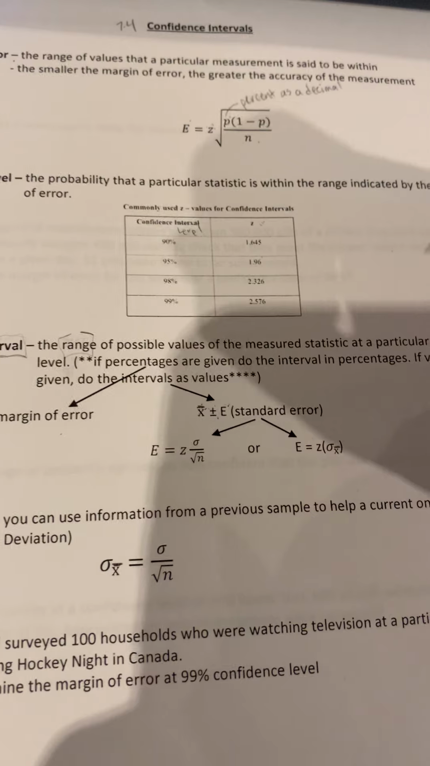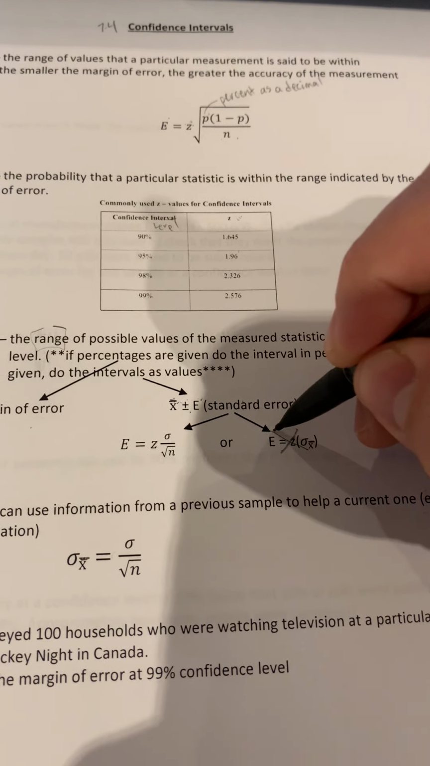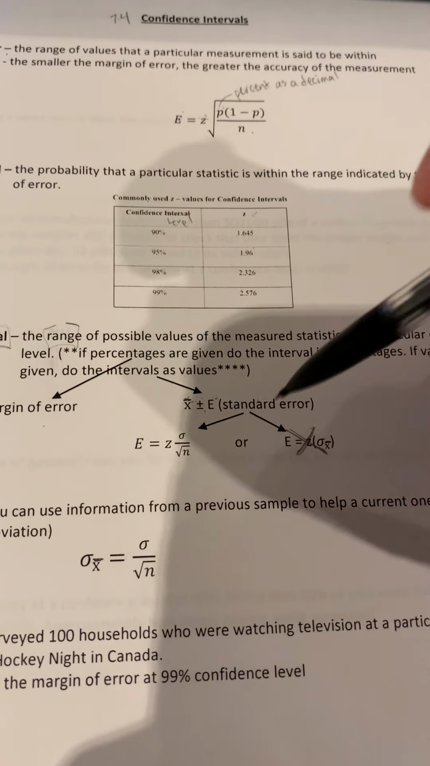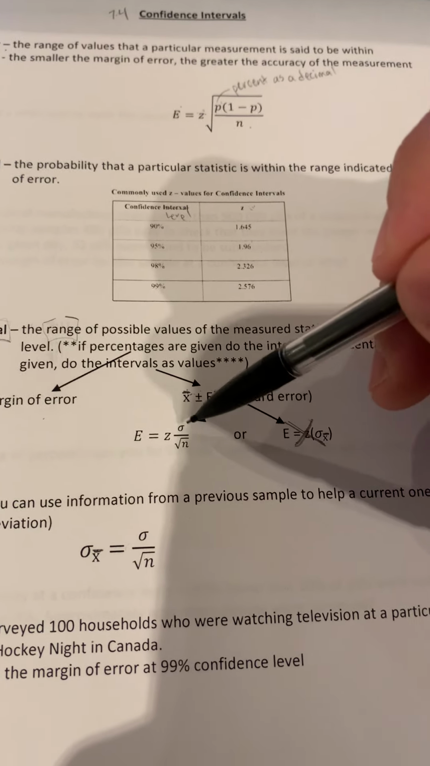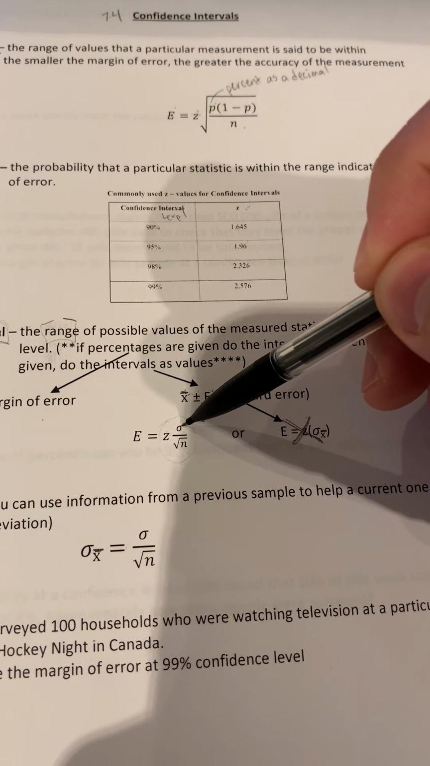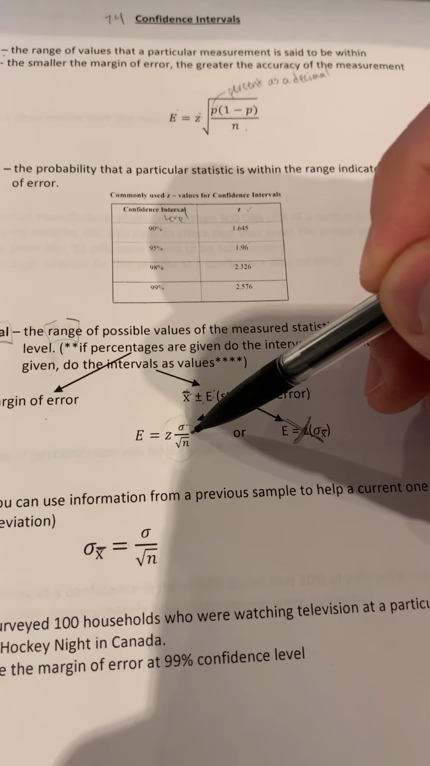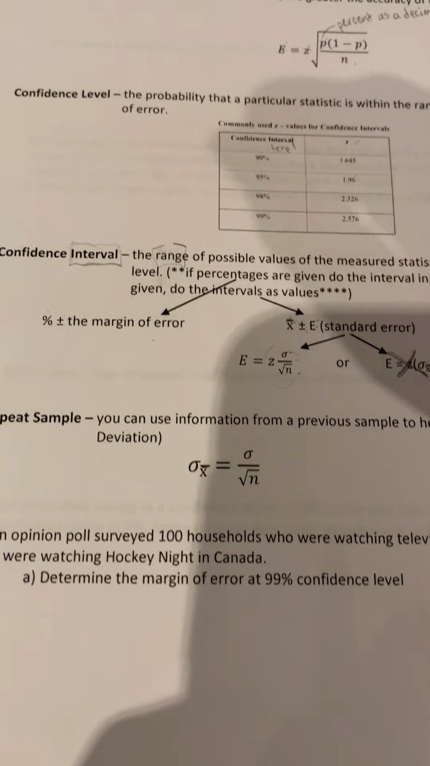Okay, don't worry about this one here. I'll cross this one out, we won't be using it. Okay, and then we have to find your E, your standard error. We use this formula here, which is our z-score times our standard deviation divided by the square root of our total numbers. Okay, and then lastly,